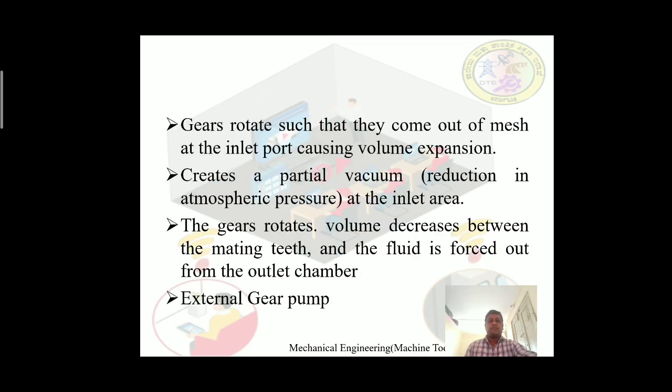So the next one is showing the formula. This formula is used to calculate the theoretical discharge of an external gear pump. The theoretical discharge formula is QT equals 2 pi b m square n (z plus 1 plus pi square cos alpha by 12) meter cube per minute, where b is the width of the gear, m is the module of the gear, z is the number of teeth in the driver and driven gears, alpha is the pressure angle of the gear, and n is the rpm of the pump.